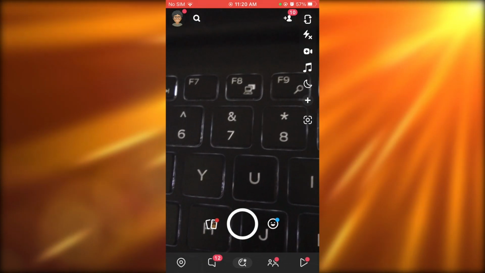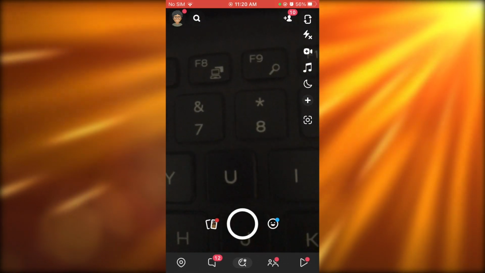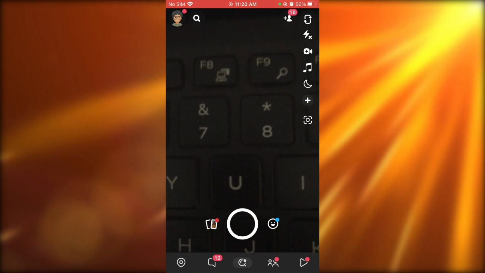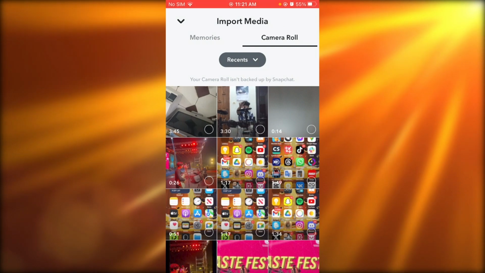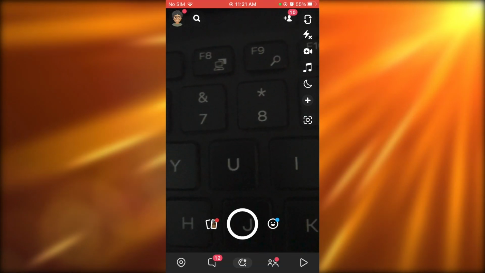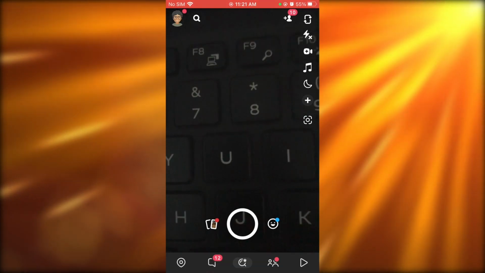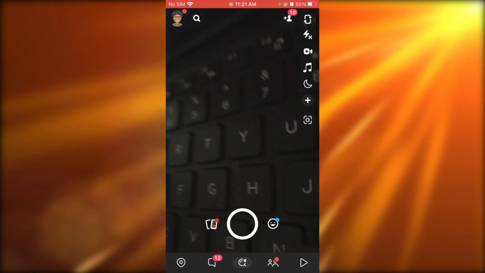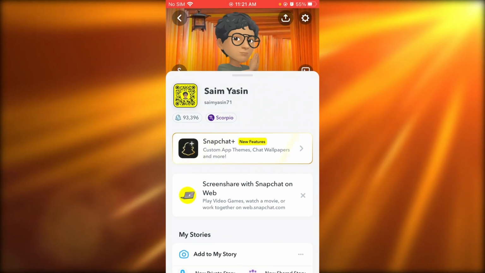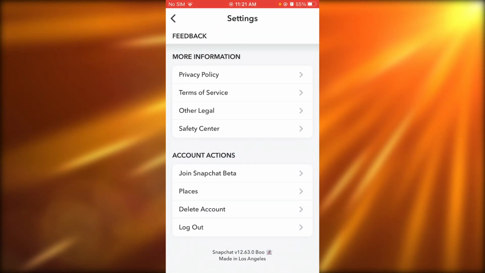Basically, all you're going to need to do is just have a proper account to add videos on Spotlight. Now, as you can see, you can upload any video onto Spotlight. So just go ahead and upload videos on Spotlight, and once you start getting views, you can actually monetize yourself through the settings. So you're going to come here, go through settings, and scroll down